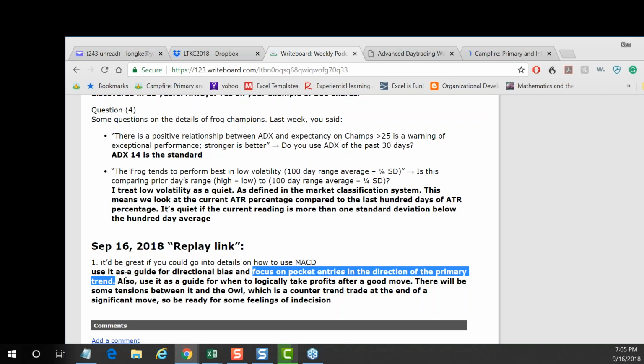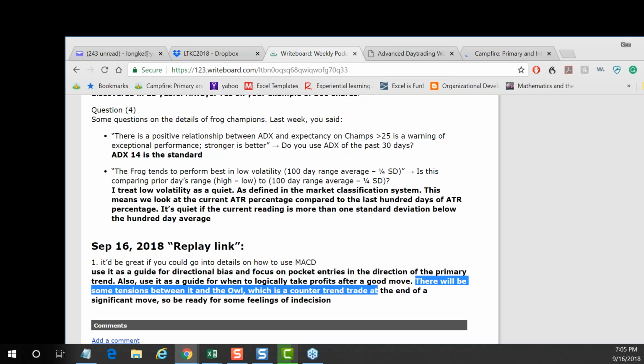Now, what you're going to notice is that there will be a tension between the MACD bias and the owl. That is almost by definition; it has to happen. You have to find a way to reconcile it with yourself about which one of those two styles you want to trade. You have to remember that the owl is a counter trend trade that comes at the end of a significant move. So let me draw a quick sketch, and I'm going to show you why that mathematically has to create tension